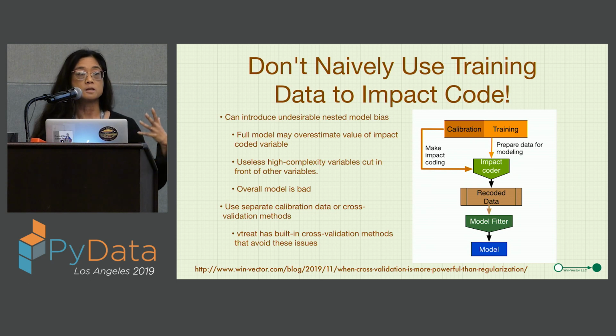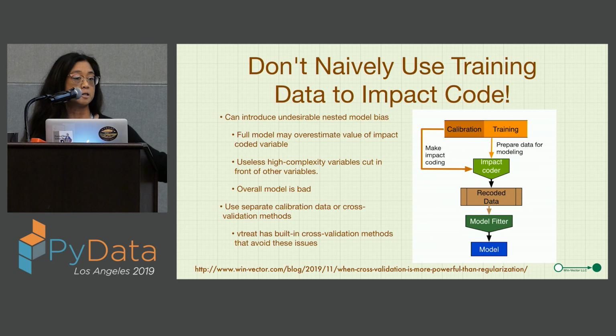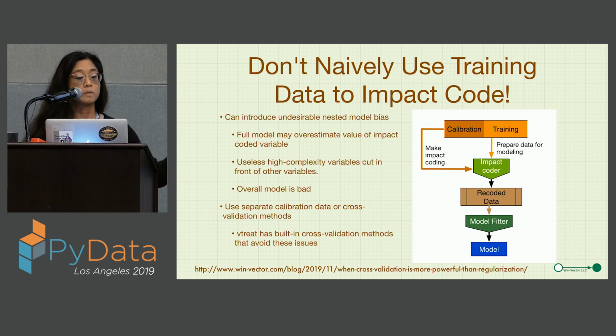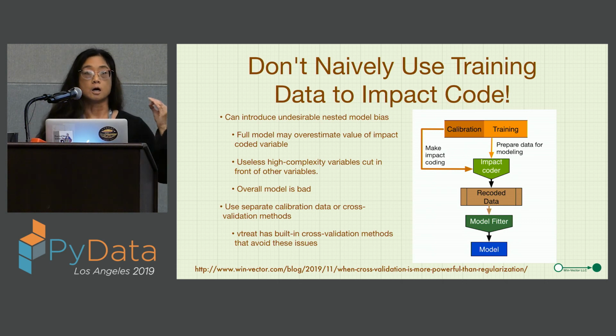So the problem is, if you use the same training data to learn your impact code, then impact code your zip code, and then use that exact same set of training data with this new synthetic variable to train your downstream model, you're going to introduce bias, because the impact code has basically peeked at the answer. So the downstream modeling algorithm will be biased in favor of that impact code. It will look more informative than it really is in reality. And that leads to overfit, sometimes some very bad overfit. So you want to avoid that.